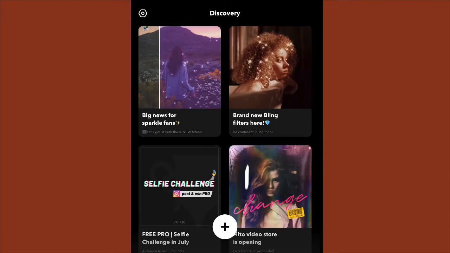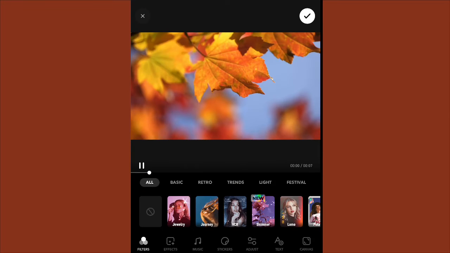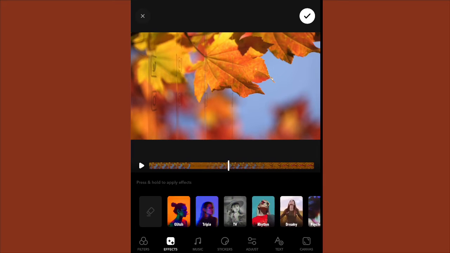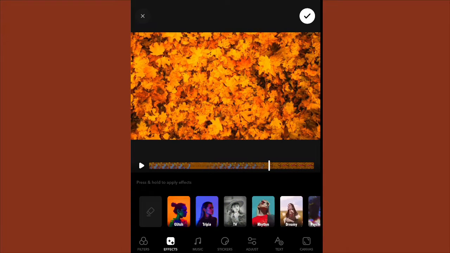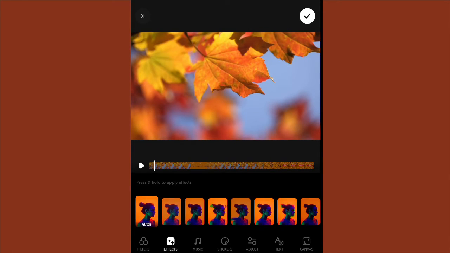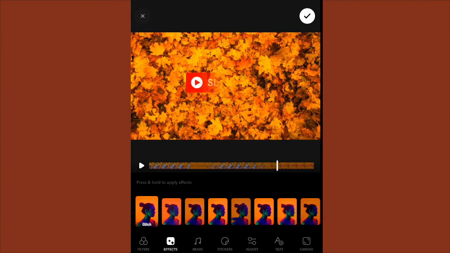This next step is so optional. You do not have to do this step. So I am using the Filto app. I do have the paid version, not because I wanted to pay for it. I actually did the free trial, and then I paid for it on accident for a year. Do not be me. So I'm going to open the Filto app, open the image that we saved from iMovie,